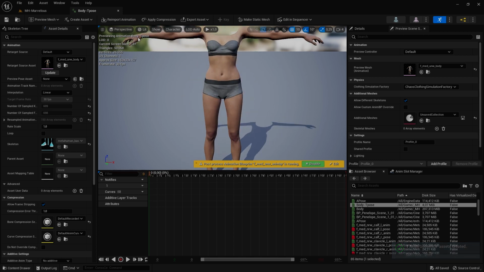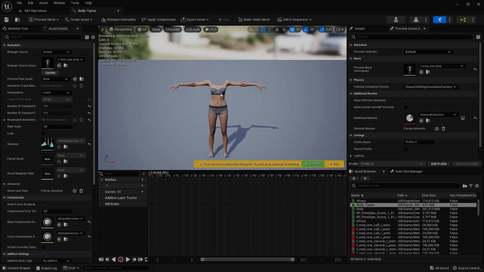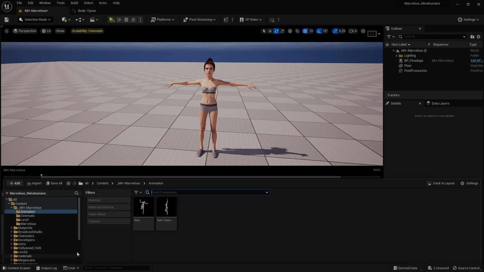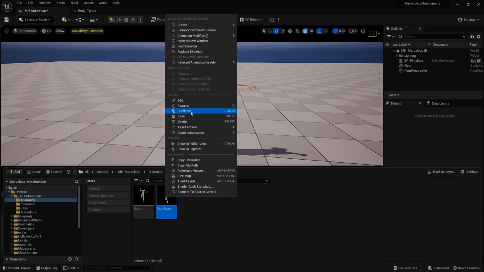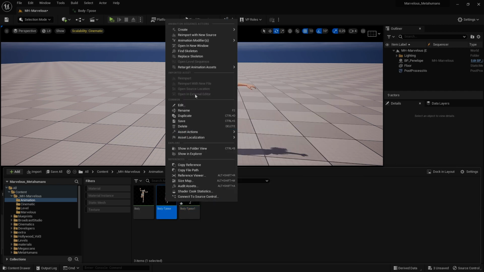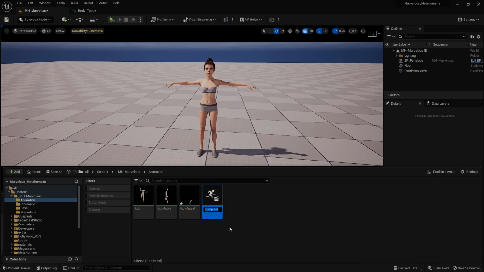Okay, now we have the body, we need the head and the feet. To get the head and the feet, simply go to your T-pose body, duplicate, and then duplicate again. First one we will call face, second one we will call feet.